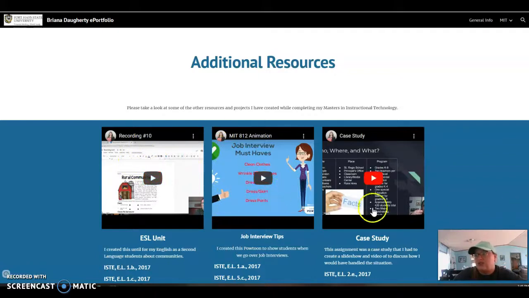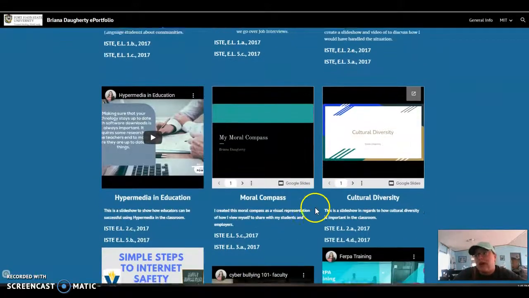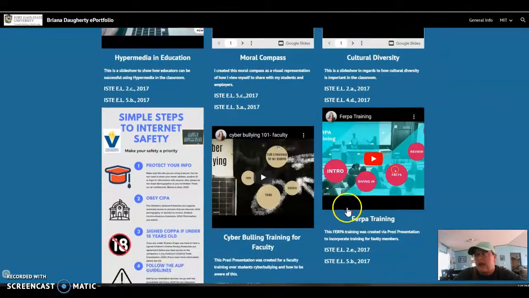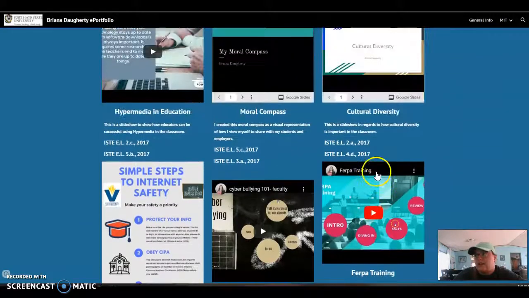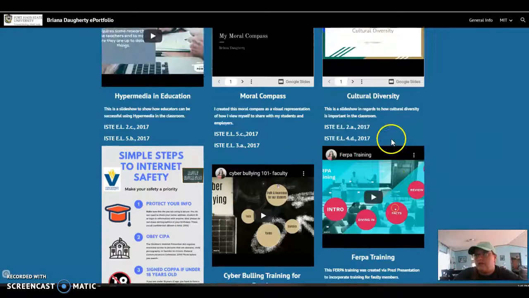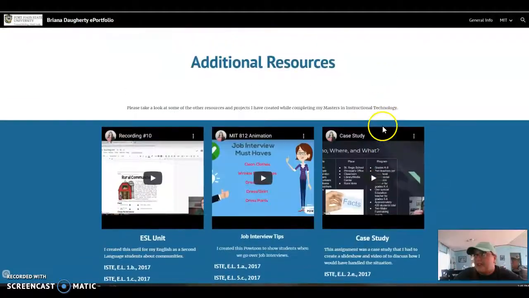There are 9 different ones, and under each one I've given a little blurb about what it's about, as well as what standards apply to that, and then some things that I've created. Like, this is just a simple infograph and things along those lines. Then you can click each one of those. And overall, that is my